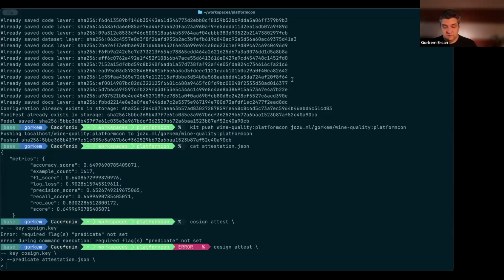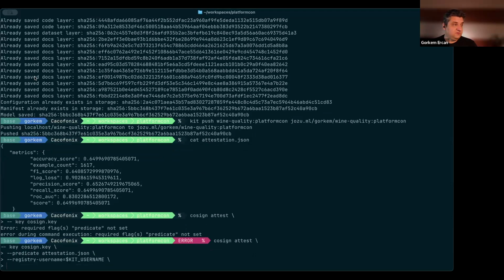And since we are using the registry, I'm going to just copy and paste that, so that we can push the attestation back to the registry.